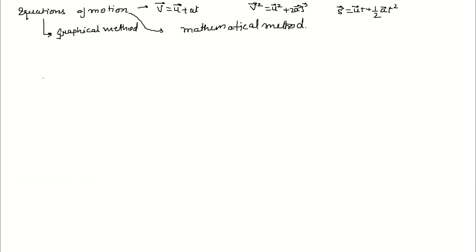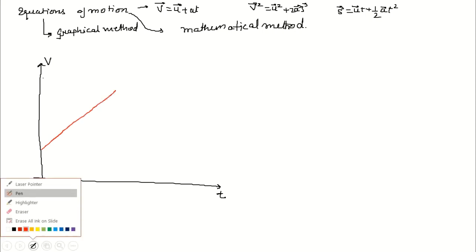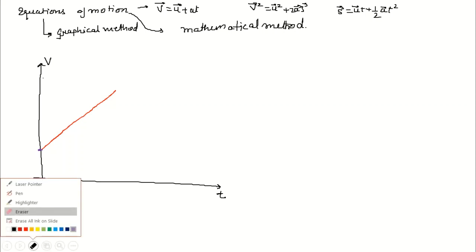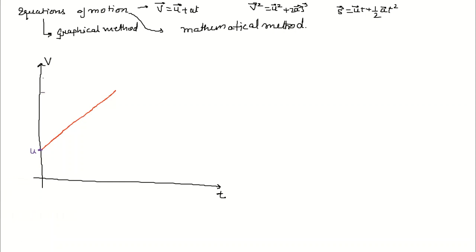Let's draw the graph, where we have time t. I am drawing the graph with a red line and labeling the parts. This is a certain velocity which is not zero, so I will take some initial velocity u. We will not take initial velocity as 0 at the time of derivation. This will be a certain final velocity, so this will be v. This will be, let's suppose, a time t.